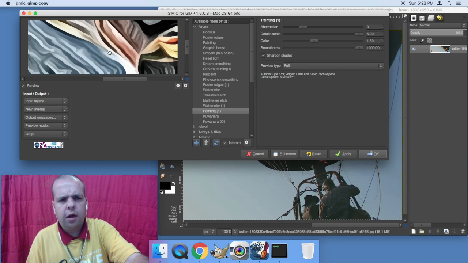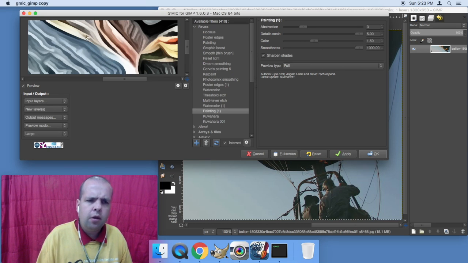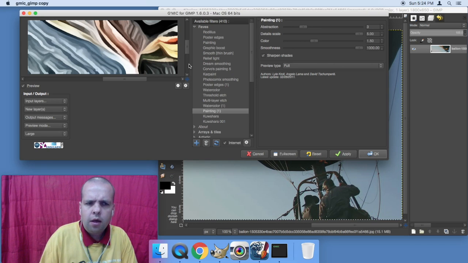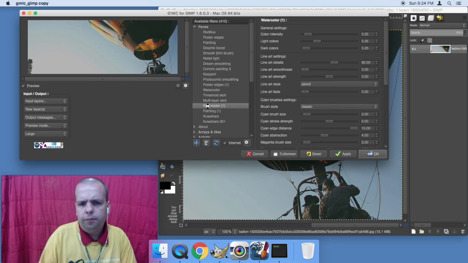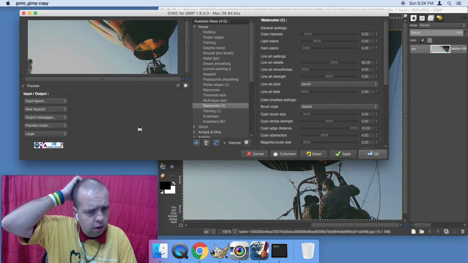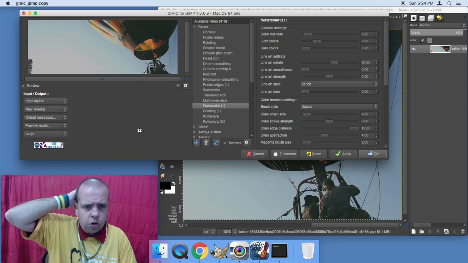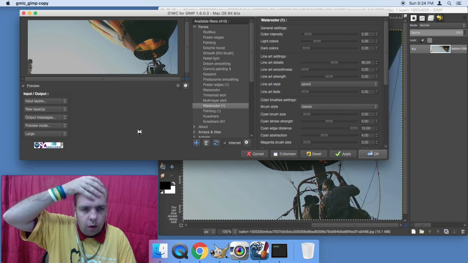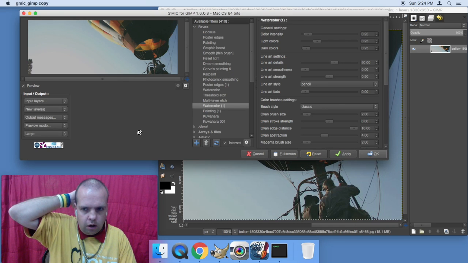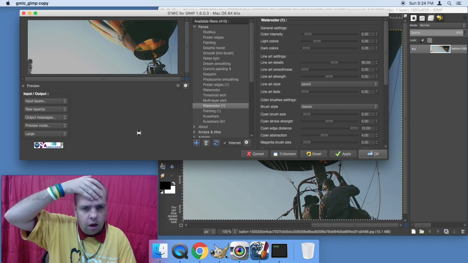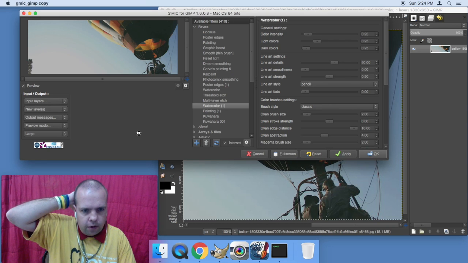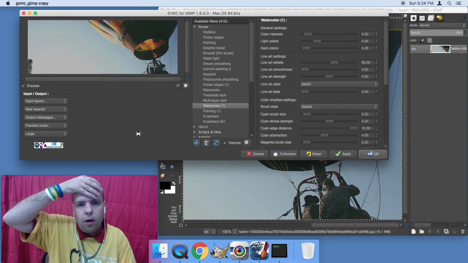You'll be able to see that there's a lot of streaking going on. That's kind of an eye-catching effect to have on that image. And watercolor has its own kind of effect to it,